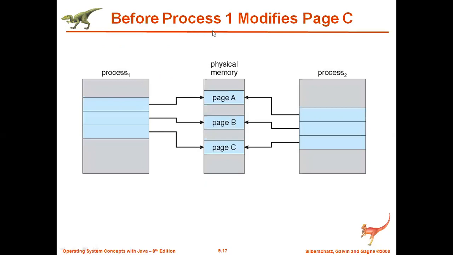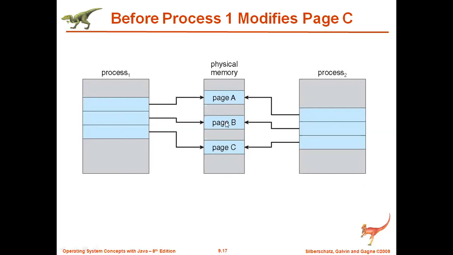So in this case, we call it copy on demand or copy on write. Process 1 and process 2, one is a parent process and one is a child process. You assume process 1 is a parent, then process 2 is a child. If you take process 2 as a parent, then process 1 is a child. We will allow both to share the same pages. If they are parent and child, both can access the same pages until and unless they modify anything.